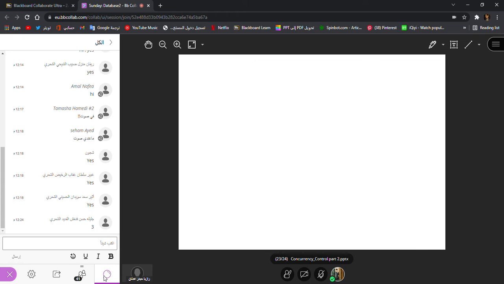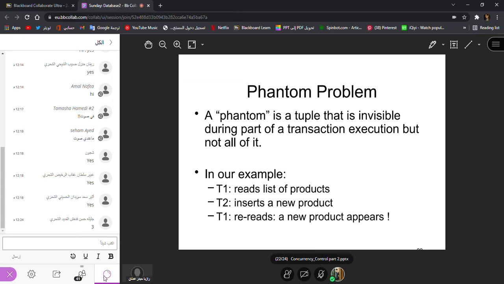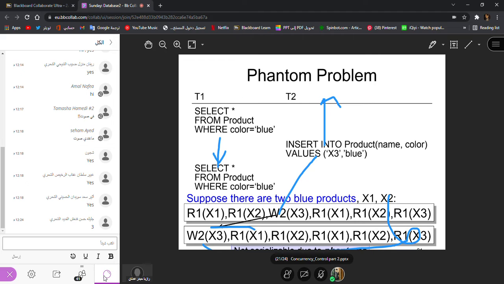So for example, in this case, if transaction 1 takes the lock on the product table, then transaction 2 cannot insert anything in this product table, because it is already locked by T1.